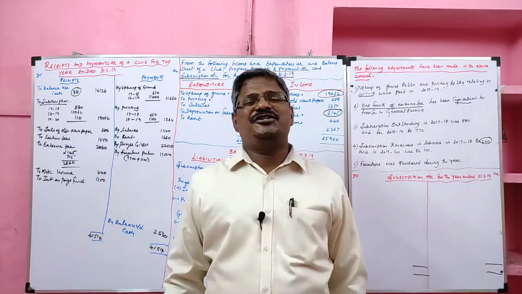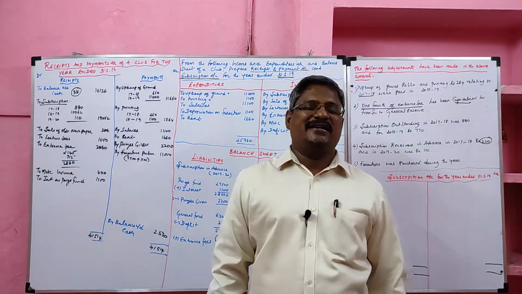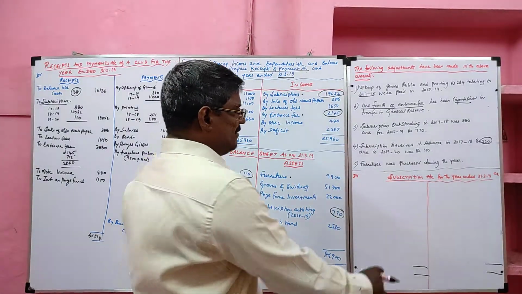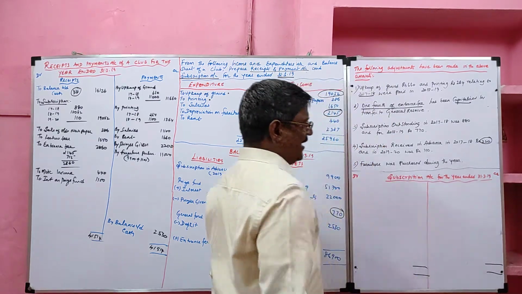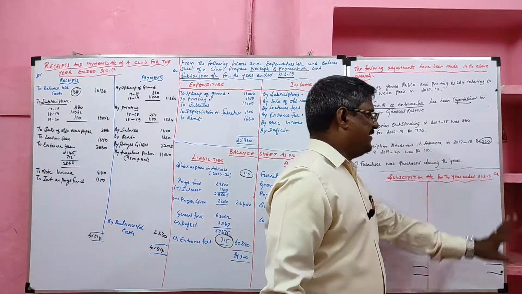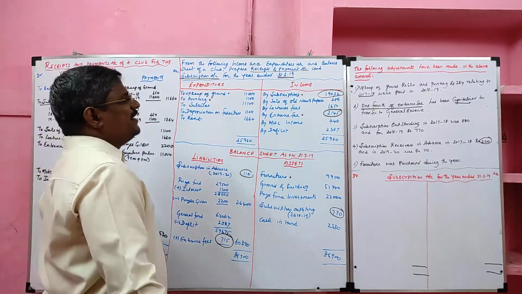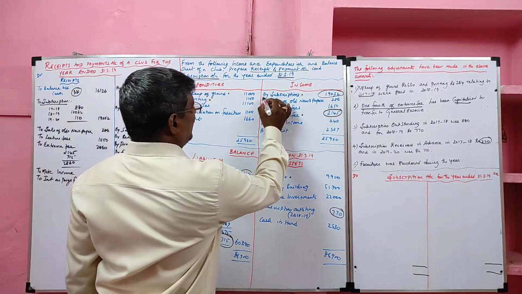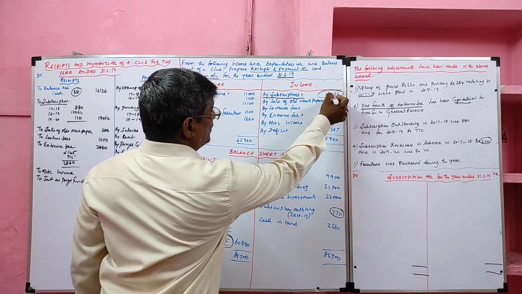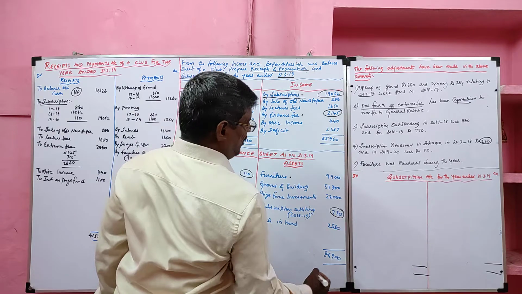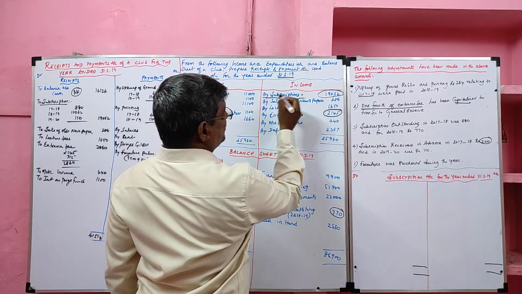Students, now I am going to teach you the preparation of subscription account. It is very easy. Yes, look at the board. I am going to prepare the subscription account for the year ended 31st March 2019. Debit side and credit side. First, we'll start with the income and expenditure account, where the subscription is recorded in the income side. How much? 19,052. It was transferred from the subscription account.